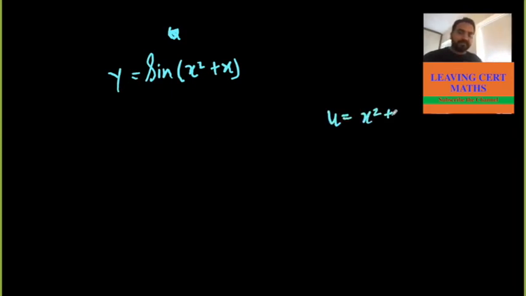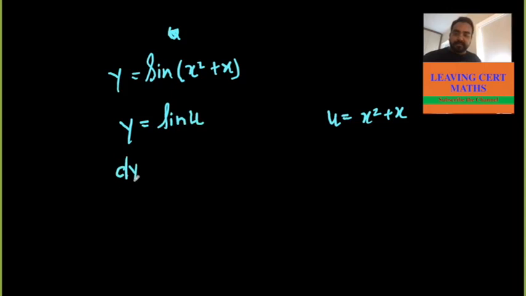In quotient rule, let's say I gave you a function like this. This is your function. Now in the chain rule, the main method was this one: your sine argument becomes u, or t, you can put t also.